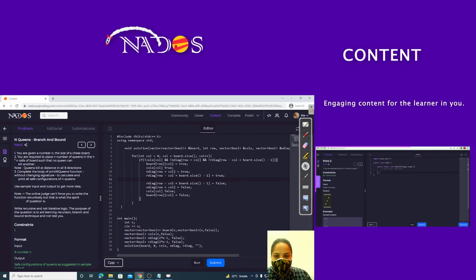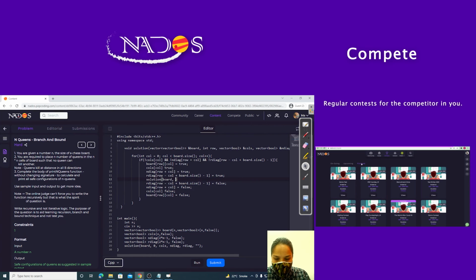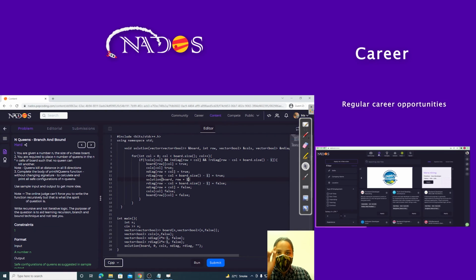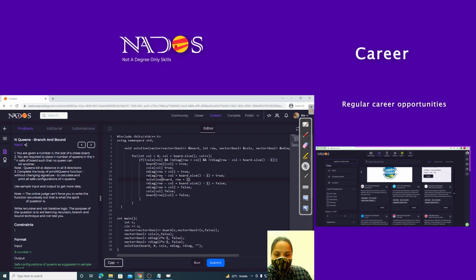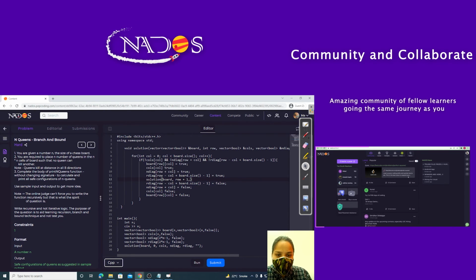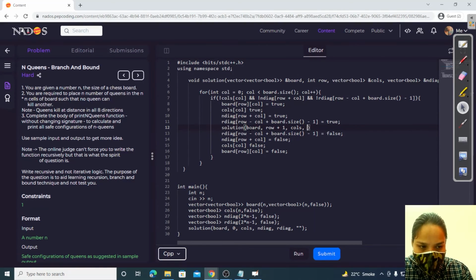Now we will simply call our function and pass board, row plus 1, because we need to place one queen in a single row. So for the next row we need to go to the next row. So for that we pass row plus 1, columns, normal diagonal, reverse diagonal, and answer so far. In answer so far we need to add our answer to string